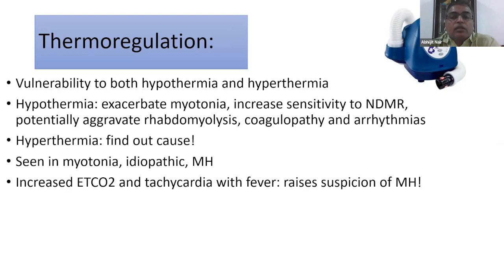It could increase the sensitivity to muscle relaxants. It could aggravate rhabdomyolysis. It could lead to coagulopathy and arrhythmias. Of course, hyperthermia: we all know when we talk about hyperthermia in neuromuscular disease, malignant hyperthermia comes to mind, which is evident in the form of increased CO2 and tachycardia and a temperature at times more than 40 degrees